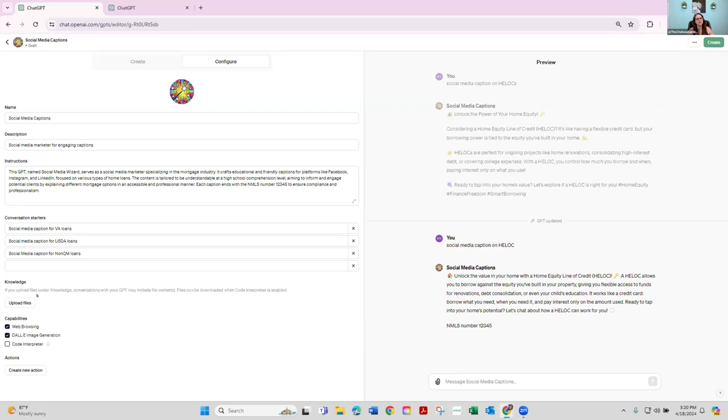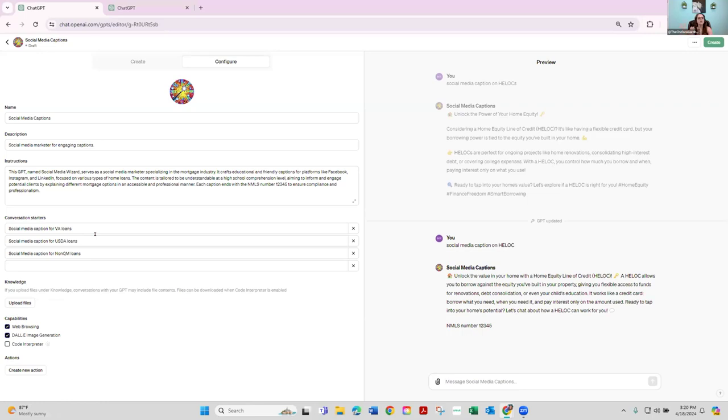And then if you want to upload files, this is the great thing about GPTs to get your brand voice. So if you have a VA guide, or if you have a USDA home loan guide that you want to upload, you can upload it and it will learn that file, that information, and it will pull from that you upload in here. So that is something that you can easily go in and start adding files if you have some stuff that you want to do. If you have a VA home guide, like I said, or a USDA home loan guide.